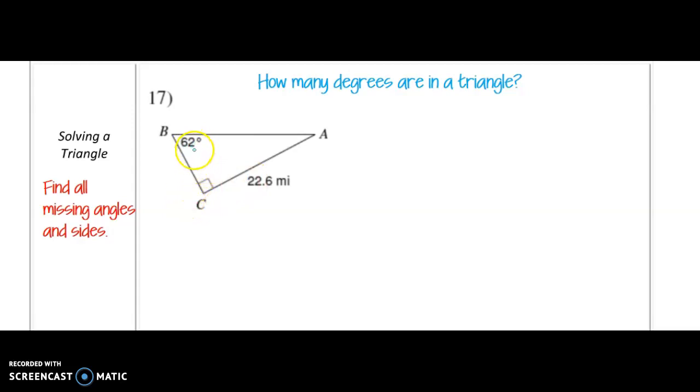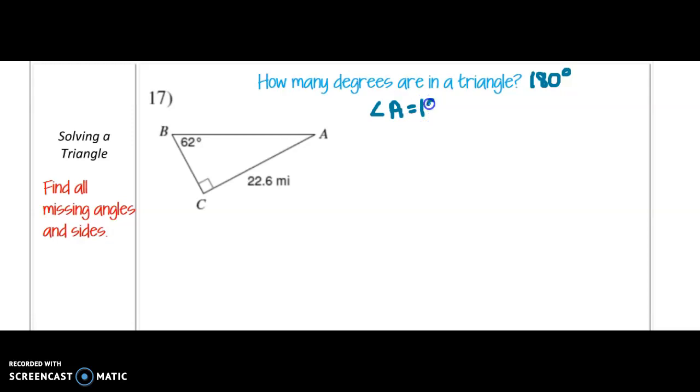We already know 2 of the 3 angles. So we know that this angle is 62, and a right angle is how many degrees? It's 90 degrees. So how many degrees are there in a triangle? Well, in any triangle, there's 180 degrees. So 180 degrees. So if we wanted to find the measure of angle A,